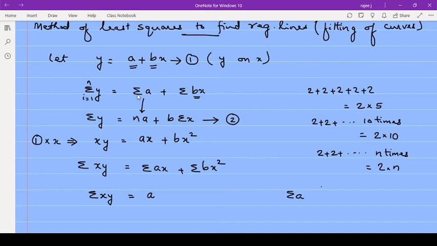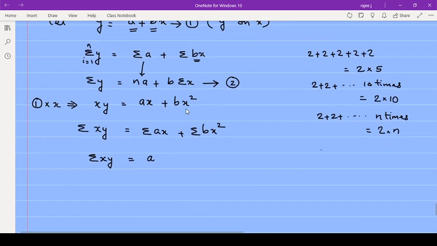You can take that also like this: summation a, we can write a into summation 1 n times. You are adding 1 n times, and when you add, you get n. 1 we are adding 3 times, you will get 3. 1 you are adding 4 times, you will get 4. So 1 you are adding n times, you will get n. Okay. So don't confuse there. Here this a is outside, and here x is the variable. So that is a into summation x plus b into summation x square. Now this is equation number 3.